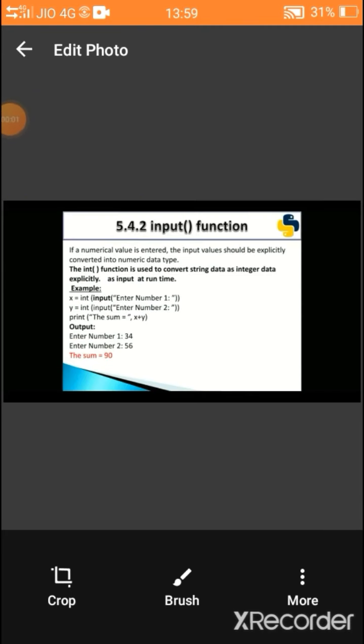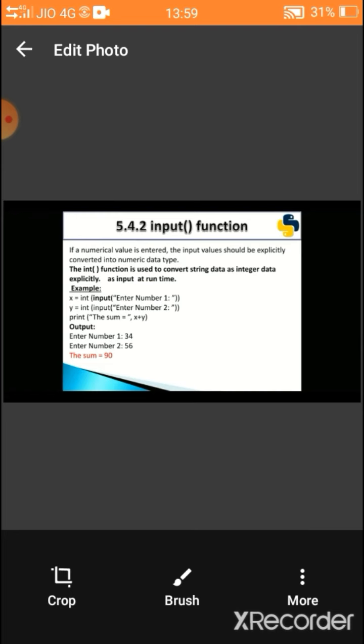This input function accepts data only as string and character. Do you all remember what string and character are? They are alphabets. A single alphabet is called a character. Multiple letters, that means words or sentences, a sequence of characters, is called a string. The input function accepts strings and characters alone.